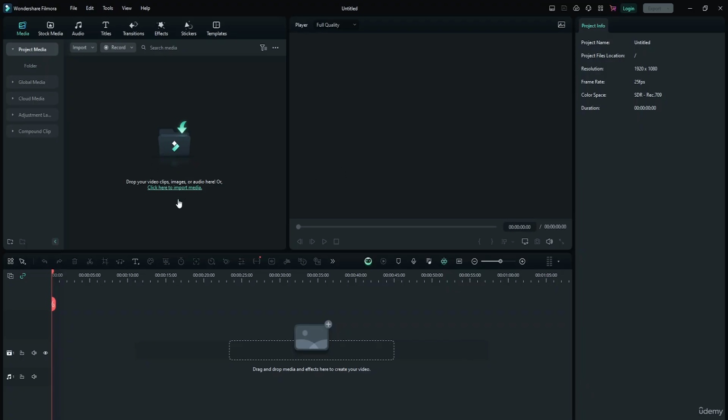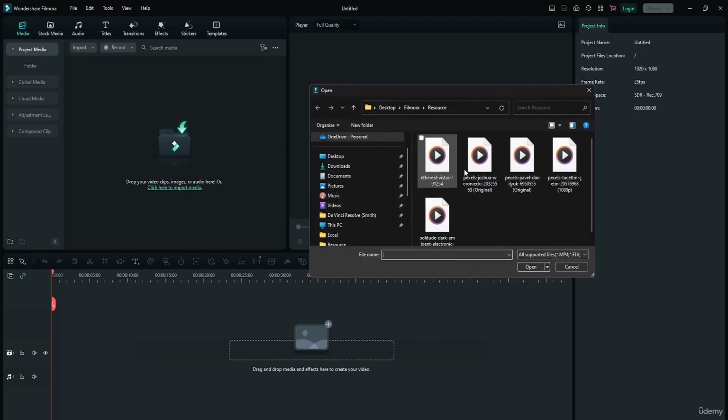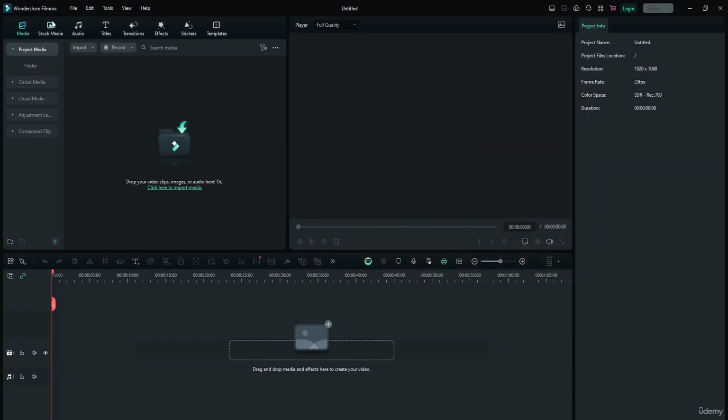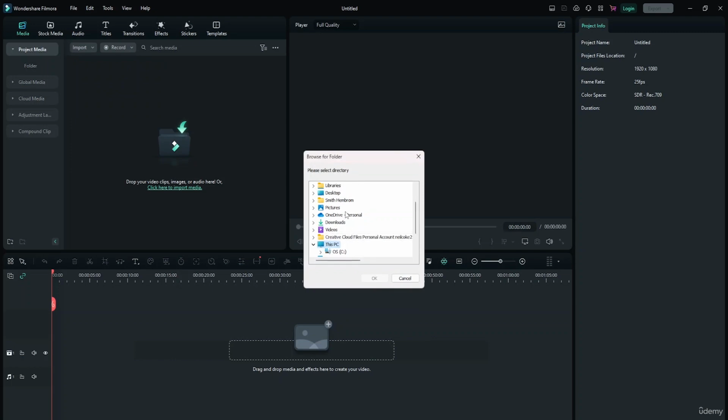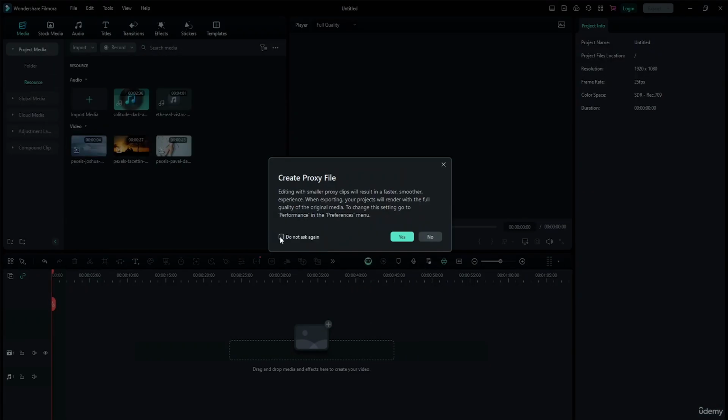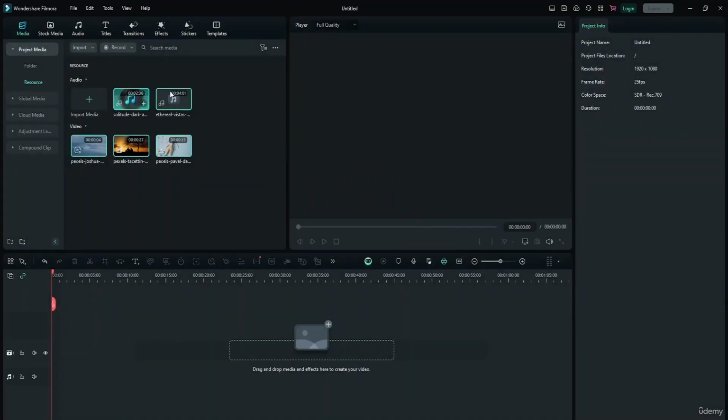Now the first thing I'm going to do is import the media file, which I already have. This is the media file. So if I want to do that, I'm going to go to File, Import, Media folder. Then I'm going to search for Filmora and resource. Press on open. There we go. All has been created. Now, obviously, if you already have your files which you want to edit,